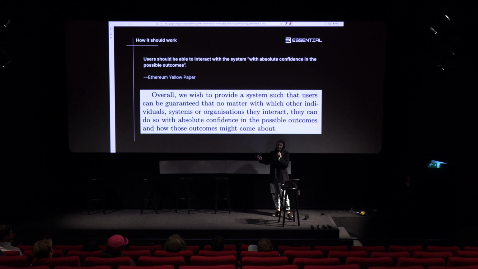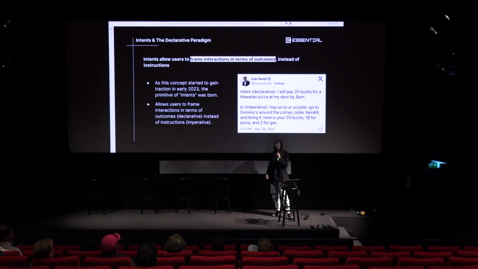And you'll notice that word outcomes, it ties very neatly back into the declarative model that we were talking about before. So if there's all these problems with the imperative paradigm and we do want to focus on outcomes, why haven't we used a different approach? People have been asking this question for a while, and since sort of 2018, there have been conversations about declarative smart contracts and how we can implement these kinds of things on existing systems. But despite the discussion happening over the course of the years, it never really took off until around early 2023 when the primitive of intents was introduced and really started being spoken about more within the space.